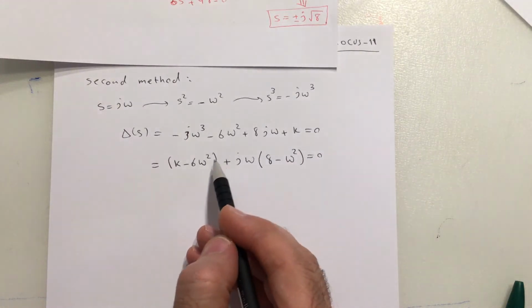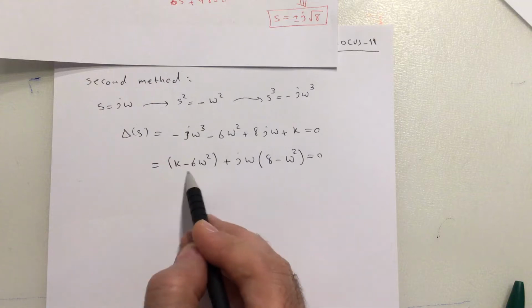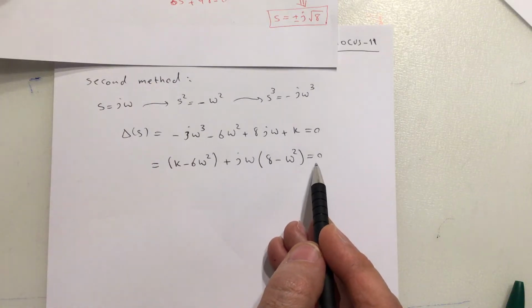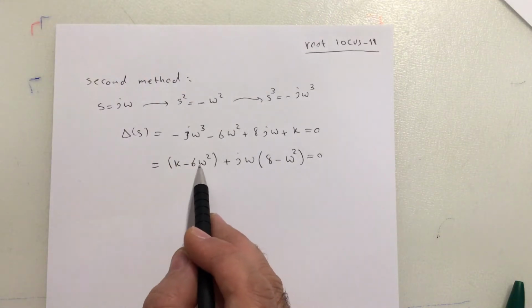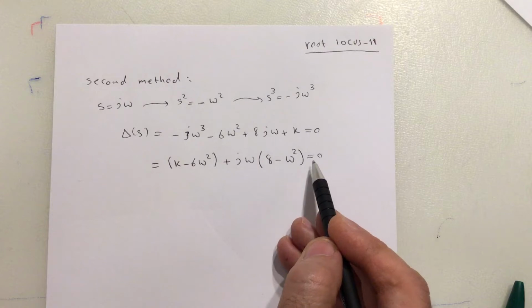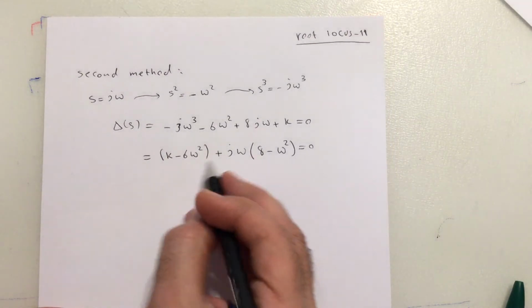So this is what we have. We have this expression equal to 0. On the left side we have a complex number, and on the right side we have 0. So when we have a complex number equal to 0, basically the real part and the imaginary part should be 0 at the same time. So if you set both to 0,